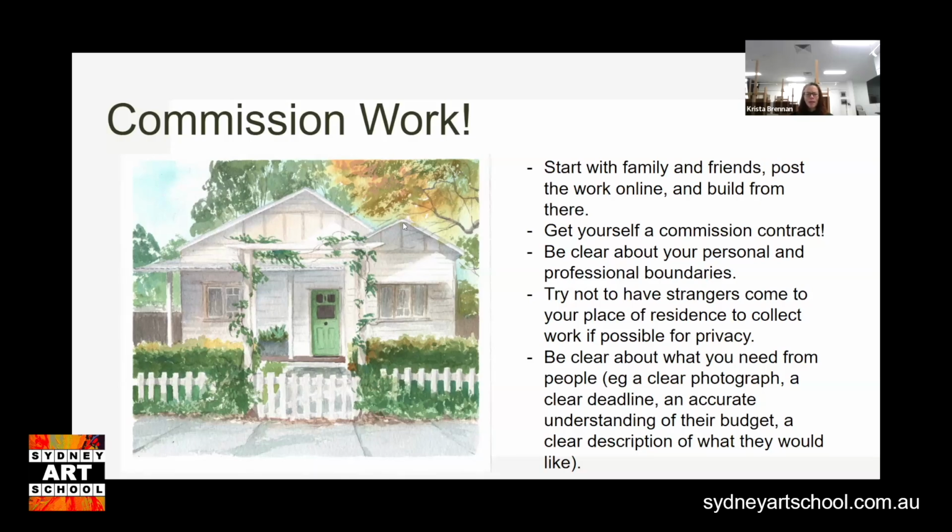And what I would mean by that is, say, the example that I have here, this is a commissioned work that I was given quite a long time ago now, but it was the front of someone's childhood home. And she told me what the address was, and she asked me to go there and paint it, basically, because she wanted to have a picture of it. Lovely little commission.